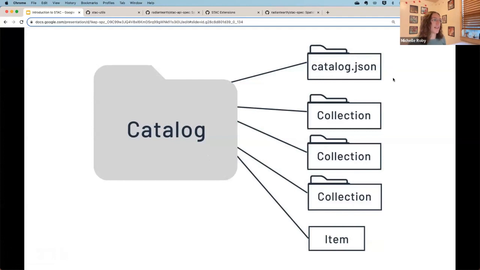Each catalog can look very different, but often it will make sense to organize the data into subgroups, thematically, or it's very flexible in that way. I might have a data set that has Sentinel-1, Sentinel-2, and Sentinel-3, and those would each be its own collection, and then I'd have data within that.